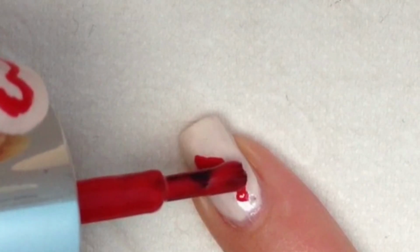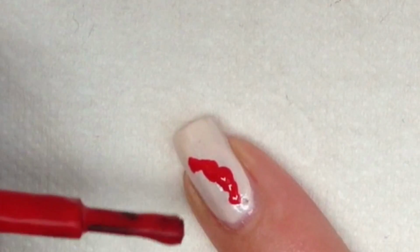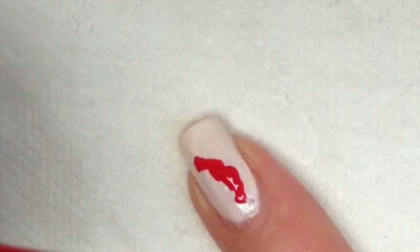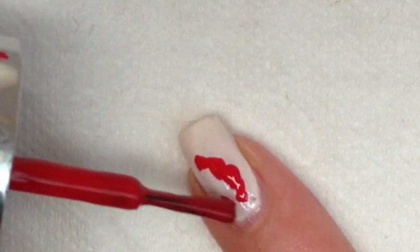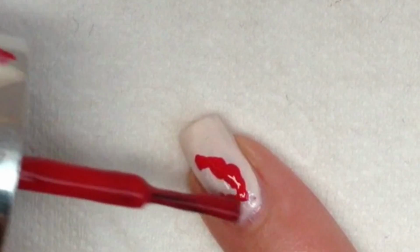And again, if that's too difficult for you, you can also fill this hole in later with the coat you used on your nail. And yeah, that's it